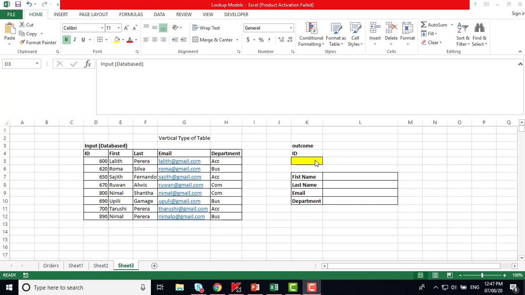Once the user types the ID number of the particular person, we need to extract his first name, last name, email address, and the department into the given outcome or the output area. So by typing just the index number, or as you have already learned various options which we have discussed, like using the developer tab where you can use the drop down menus, you can use various other options where the ID can be selected. So this is what you call creativity.